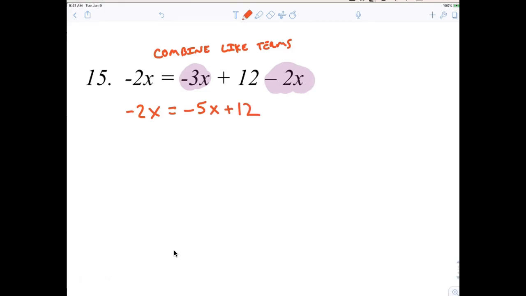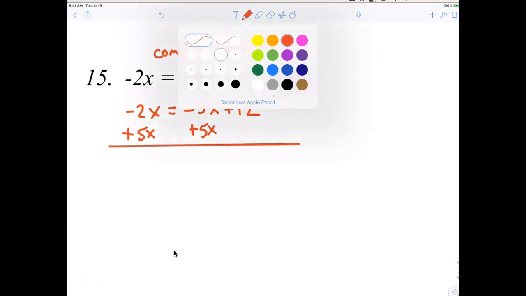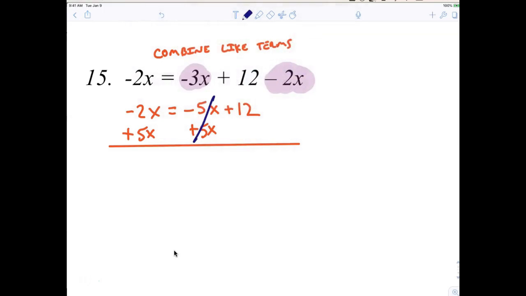Now what do I do from there, buddy? Well, you could put plus 5x under, and then you put minus 12 and negative 12 under. No, sir. Right, because the number's on the right side. Do you agree? So now what do I get? So you would get 3x is equal to